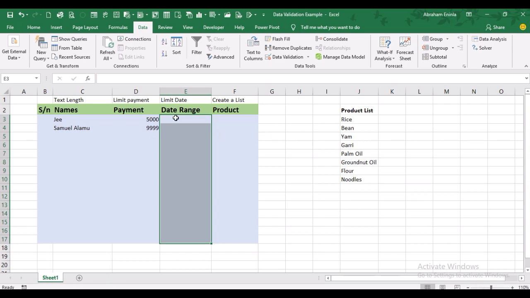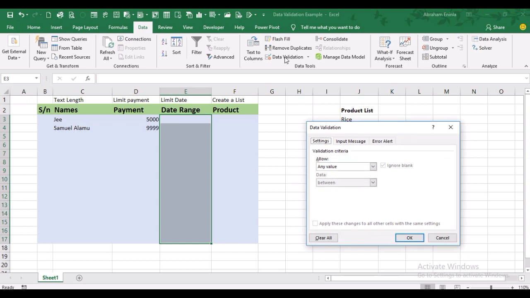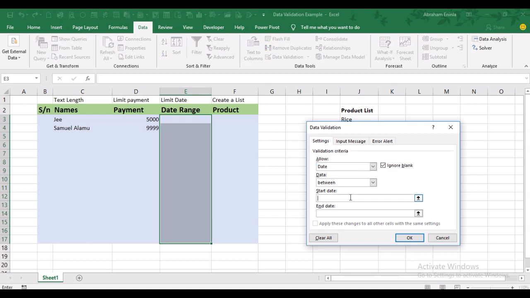So when you check your system date below the screen and you confirm what it is, then you select this range, and then you go for data validation. You go for values, you go for date, and you want to indicate to limit the date of payment. So maybe it should be between 28, because my date starts with the day,